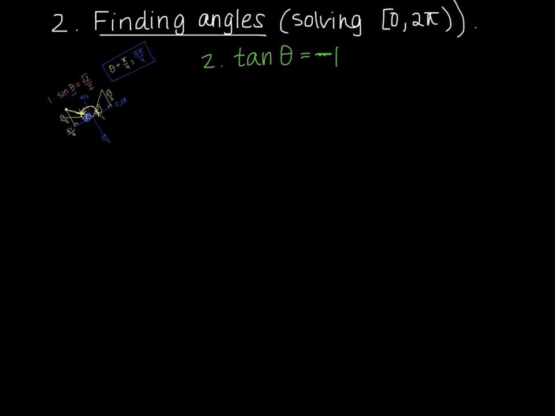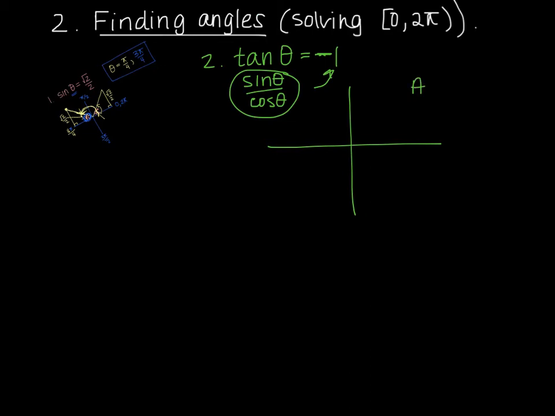Okay, so tangent of theta equals -1. Tangent is sine of theta over cosine theta. So what I'm trying to think of is I need a triangle where if I divide the y by the x, or the opposite and the adjacent, and their ratio turns out to be a 1 or a -1, I know those legs had to be the same length. So I'm looking for a triangle whose x and y values are the same. But I have to figure out what quadrant that goes in.